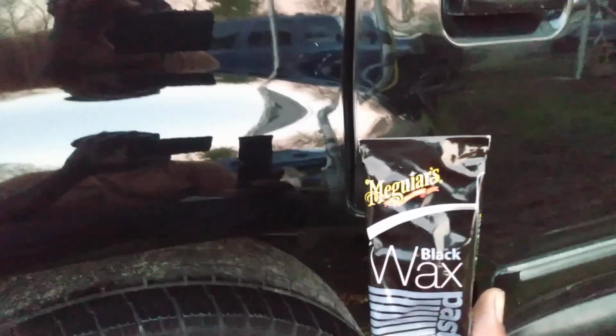And I ain't even using a cutting pad. I'm just using it by hand. So that proves that you can get stuff done by hand. You don't need a DA always to make stuff look better. You know, it looked better than it did